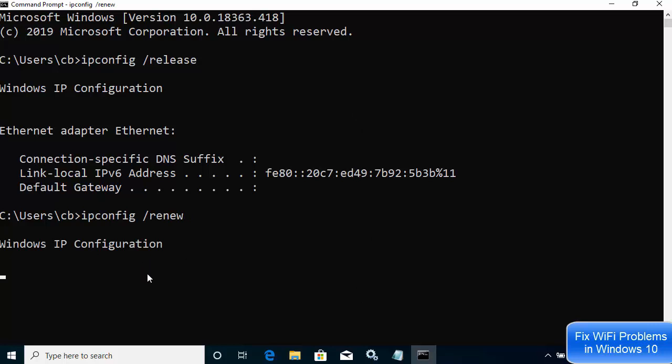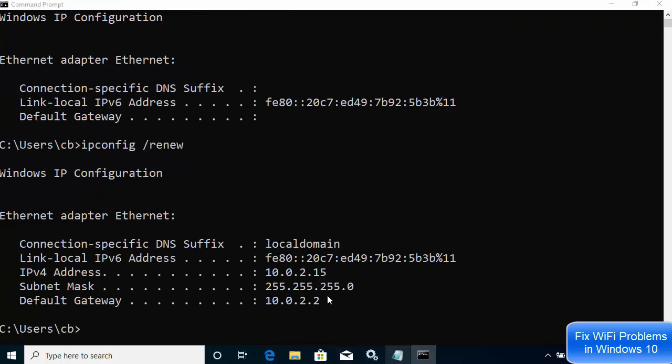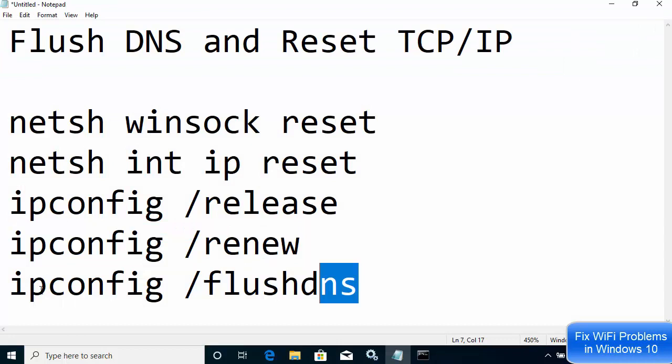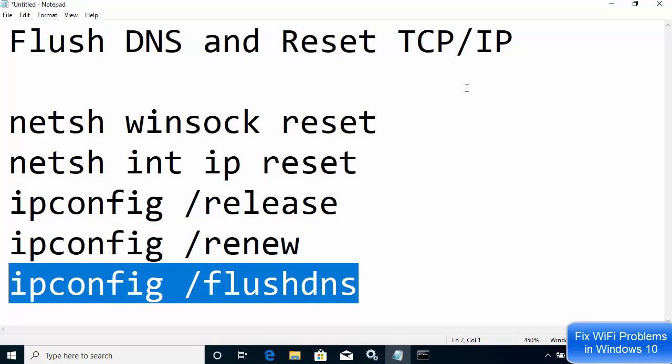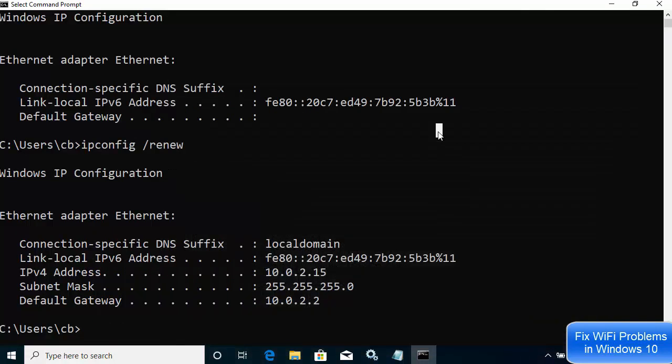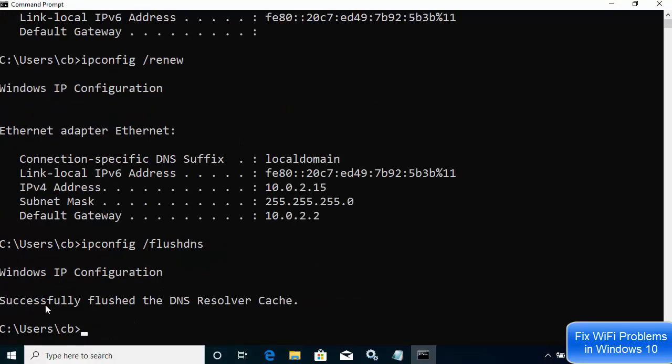Once this command is successful, the next command is ipconfig /flushdns, which is going to flush the DNS. So just give ipconfig /flushdns, and you will see this message which says successfully flushed the DNS resolver cache. So at this point, once again, try to restart your PC and then see if your internet connection is fixed or not.